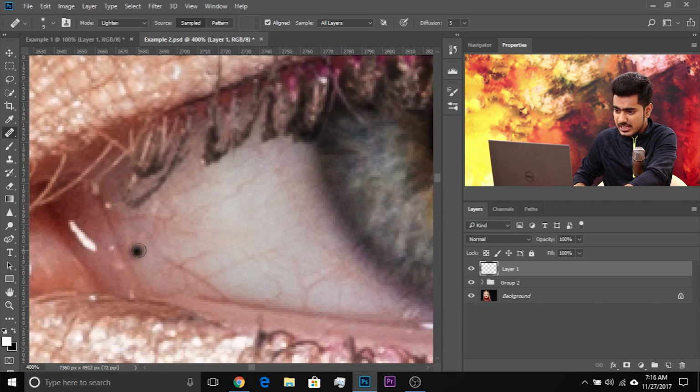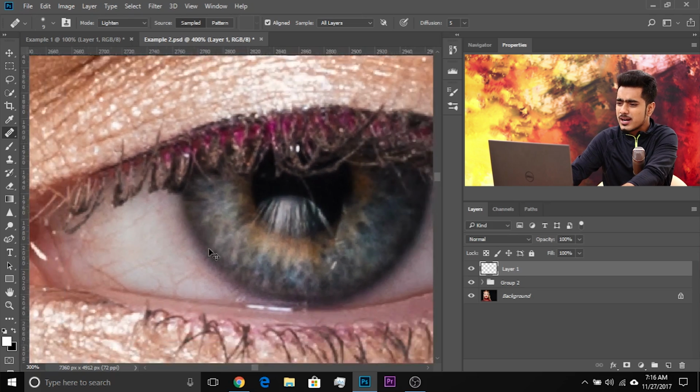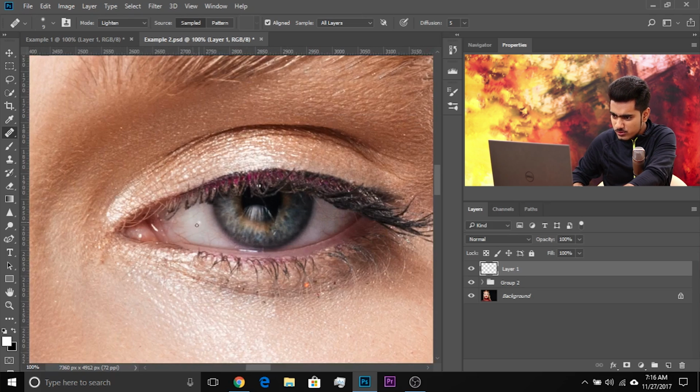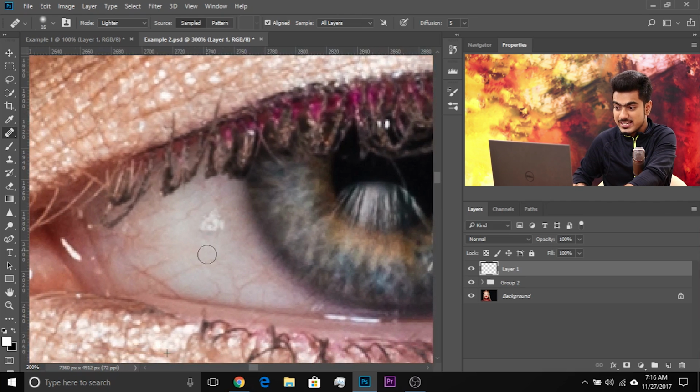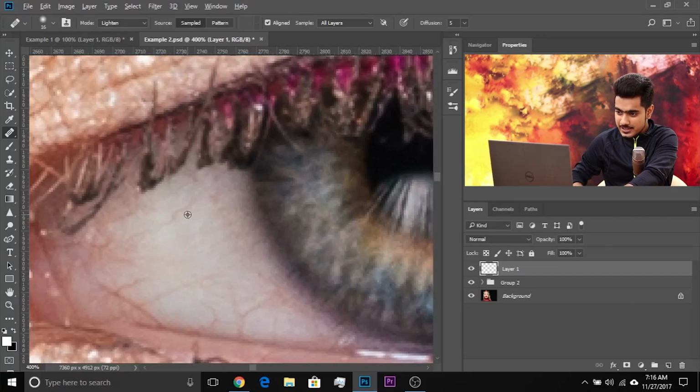Here's why. Even if you sample from a super dark area, you cannot accidentally darken it because the blend mode is lighten. It will always lighten. So if you sample from super dark area like here and paint it over there, it just won't paint. But if you take a sample from a super bright area like this and paint over there, it can accidentally brighten it, right? It can accidentally super brighten it like that, but it cannot accidentally super darken it. So if you have the choice to sample between a dark area and a bright area, when the blend mode is lighten, always choose the dark area. Okay, so that way everything will be good.